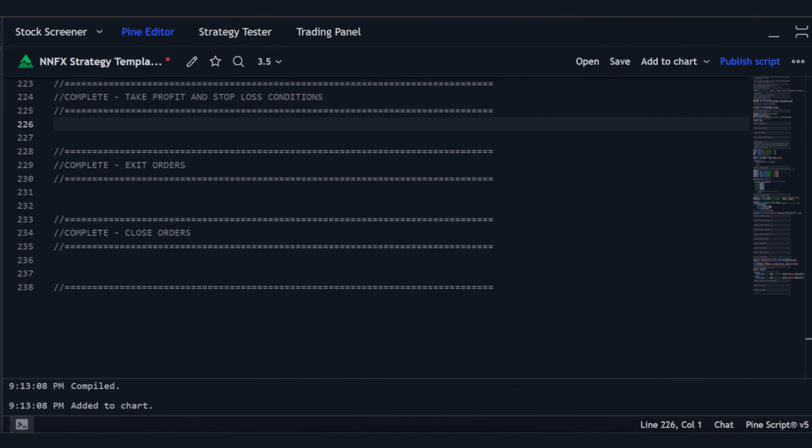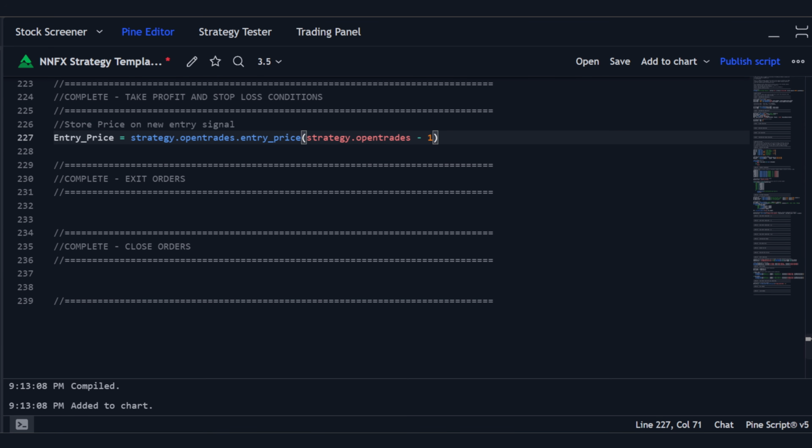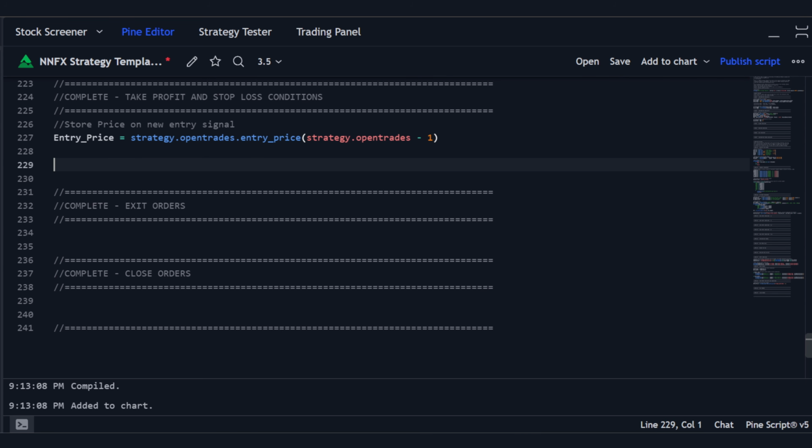So the very first thing that we can do is calculate some take profit and stop loss conditions for our trading strategy. The very first thing that I'll be putting in is a neat function which calculates the entry price for the current trade that we're currently trading, which is as follows. The next thing that we need to do is store the ATR at the time we have taken the trade, because that is going to be the value by which we are going to be setting our take profit